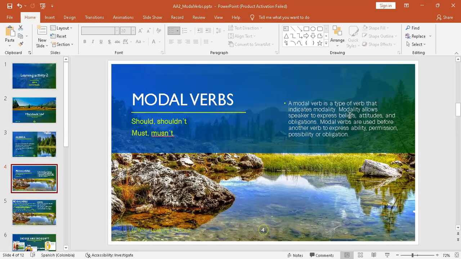A través de algunos, podemos también expresar, como es el caso de should, sugerencias, consejos, la forma en la que aconsejamos a alguien que haga esto o aquello, y está relacionado con lo que yo creo que es acertado o no. En el caso de mustn't, tiene un sentido moral, está relacionado también con mis creencias y mis actitudes frente a la vida. Entonces, bueno, this is a small definition.